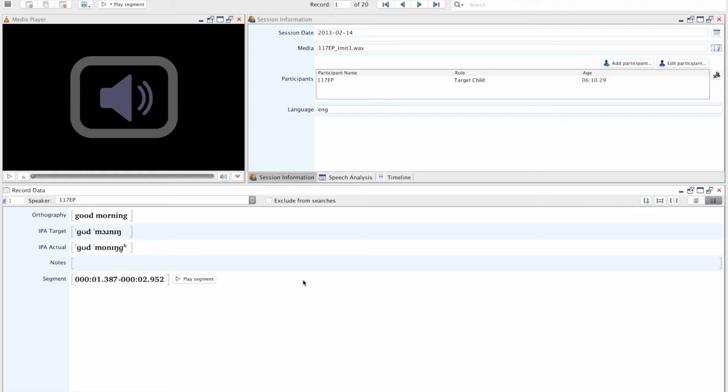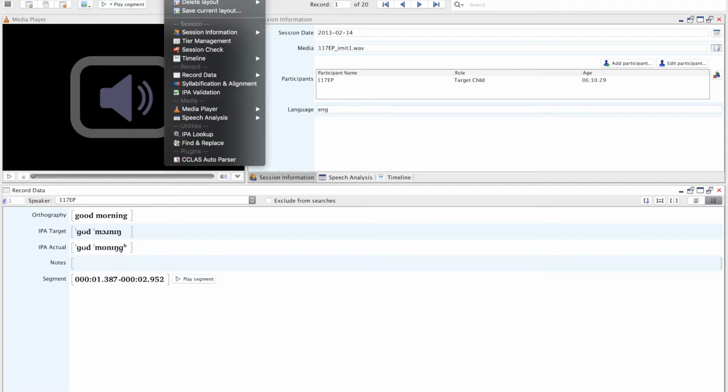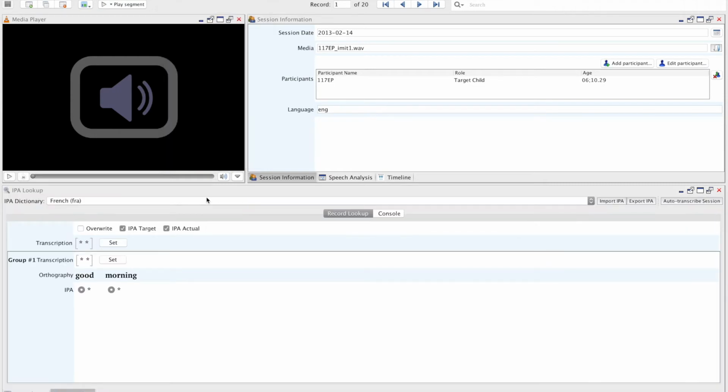In this tutorial, I will talk about the last two view panels that are available within the session editor, which are IPA Lookup and the Find and Replace function. So starting with IPA Lookup, and I'll bring up IPA Lookup to our interface and move it to the top